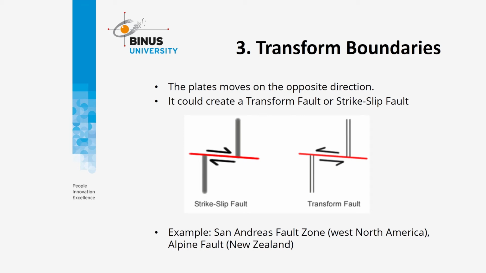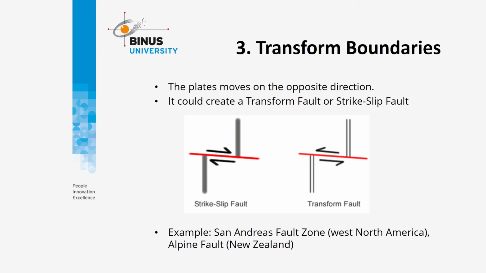Transform faults can be distinguished from the typical strike-slip faults because the sense of movement is in the opposite direction. See illustration at right. A strike-slip fault is a simple offset. However, the transform fault is formed between two different plates. It's moving away from the spreading center of divergent plate boundaries. When you look at the transform fault above, imagine the double line as a divergent plate boundary and visualize which way the diverging plates will be moving.